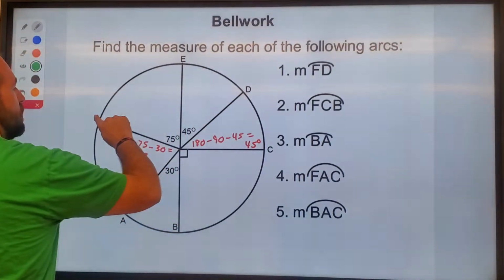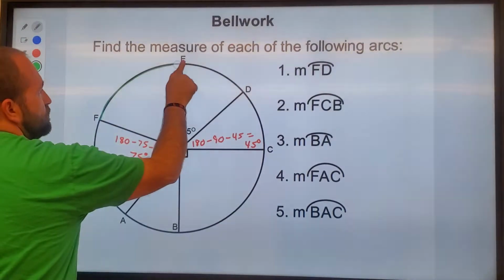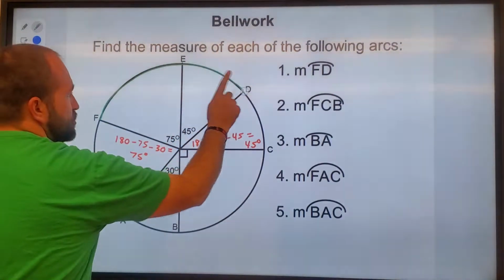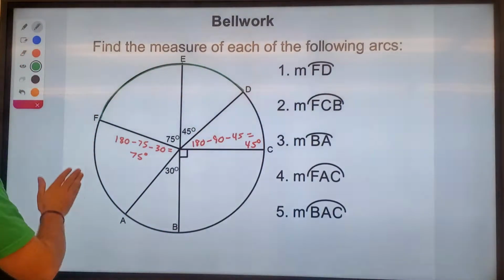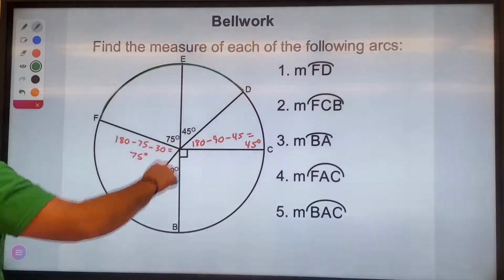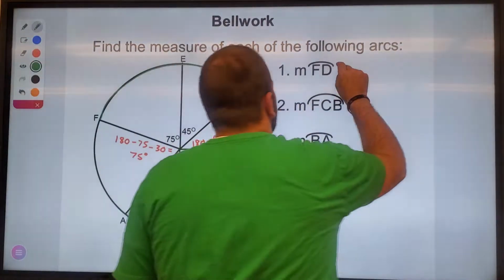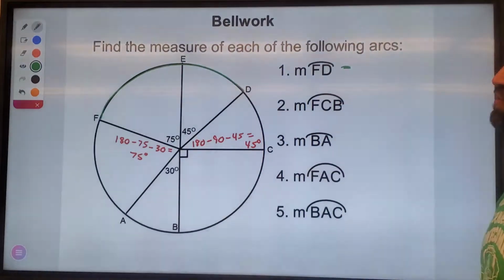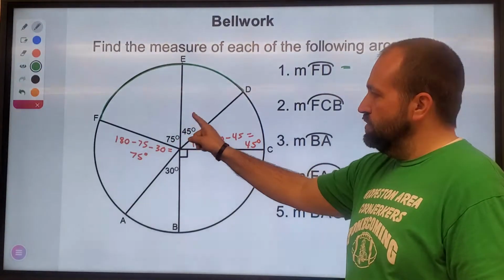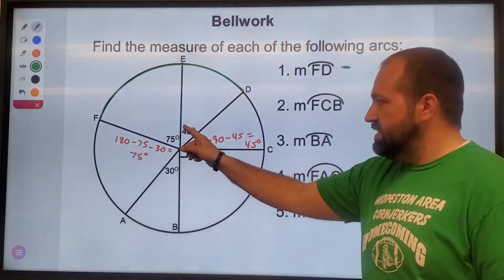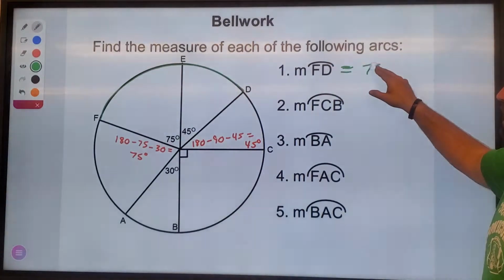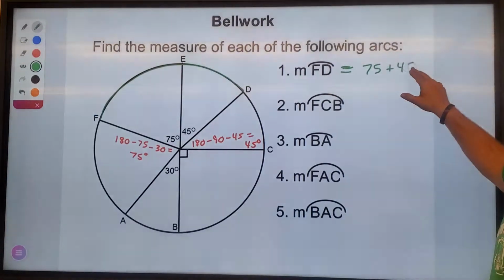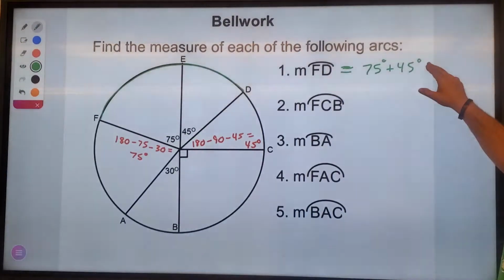measure of FD goes from F, and again, if I give two letters, it goes the shortest distance. Okay, so this is a shorter distance going up and around than it would be going down and around. Okay, so this is the one that I'm looking for. The measure of FD is then again equal to the addition postulate here, which says that if I have two chords or two arcs that come together, then I can take the sum of those arcs. So this is equal to 75 plus 45, which gives me